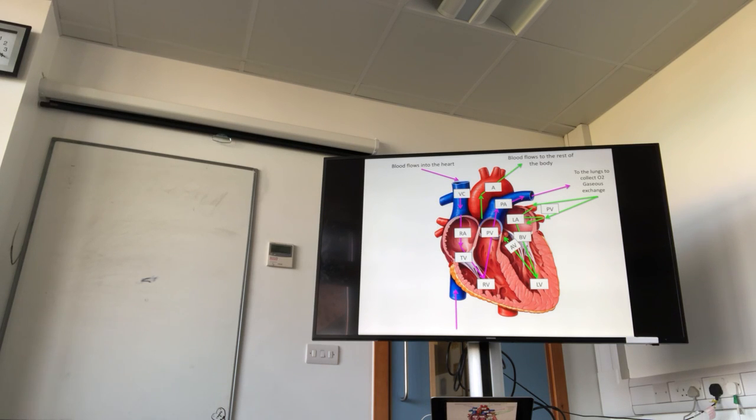Perfect. And then it goes back into the heart through the pulmonary vessels. It's definitely a vessel, but what type of vessel? Is it artery or vein? Vein. Good, yeah, it's gone back to the heart through the vein. So the pulmonary vein into the...